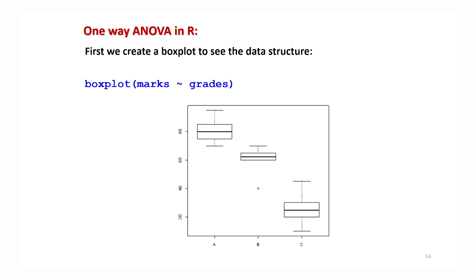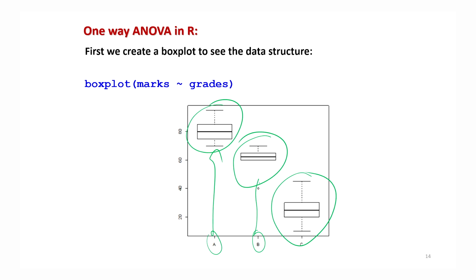So now the first step you can do, if you want to understand whether there is a difference in the average marks in the groups A, B, C, the first option is that you can create a box plot, a group box plot. And if you try to recall, we learned these things in the beginning, and I had told you that as we move further we will be using this. So if you try to see here, these are the box plots of group A, B and C. This is for A, this is for B, and this is for C.